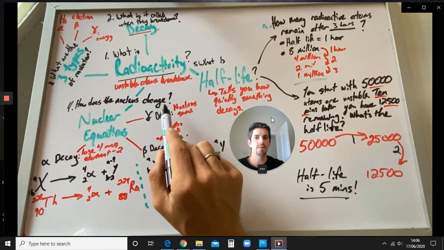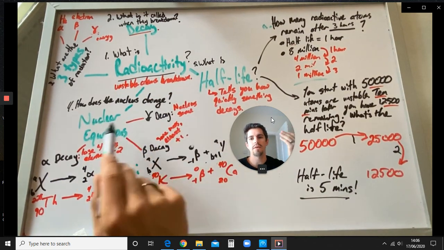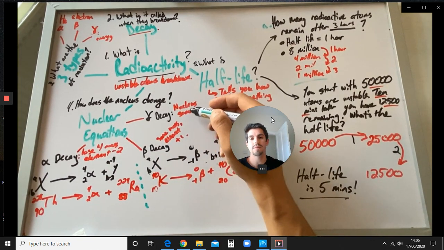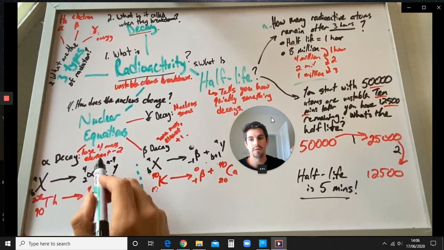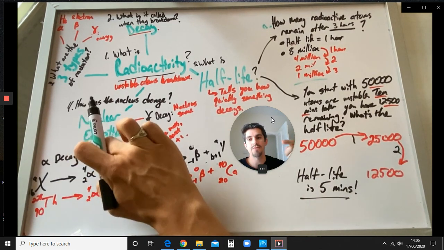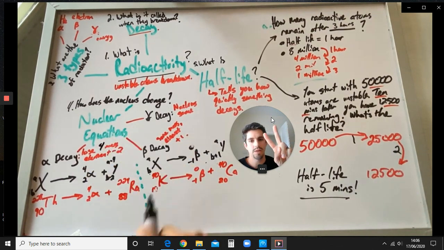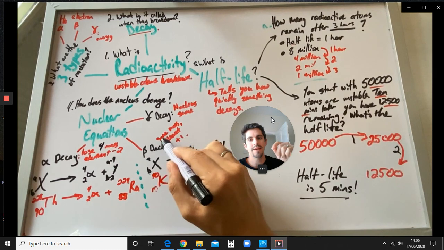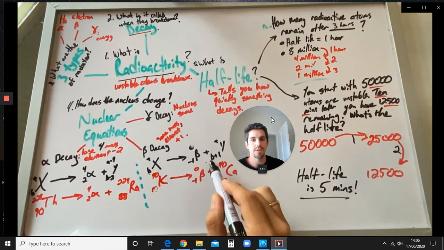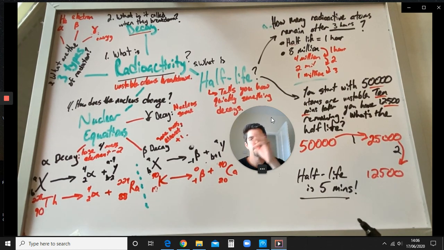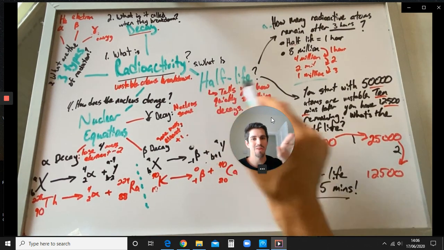So how does the nucleus change? For alpha decay, beta decay, and gamma decay, I'll go through gamma first. That was the easiest one. So the nucleus stayed the same for that one. Whereas for alpha decay, it lost a mass of 4 because the helium nucleus took 4 things with it, and it changed by a proton number of 2. Beta decay, it stayed with the same mass because the electron didn't have any mass, but it went +1 on the element scale. So it went from 19 to 20. Just remember that those things balance.